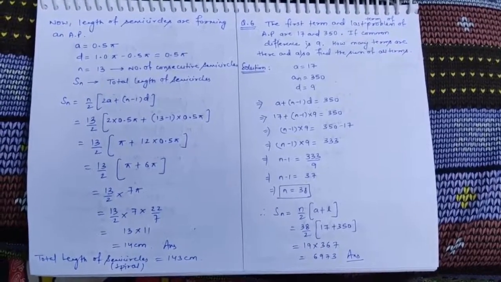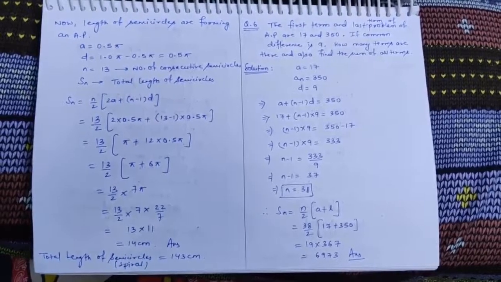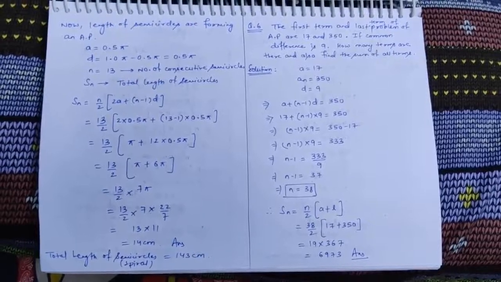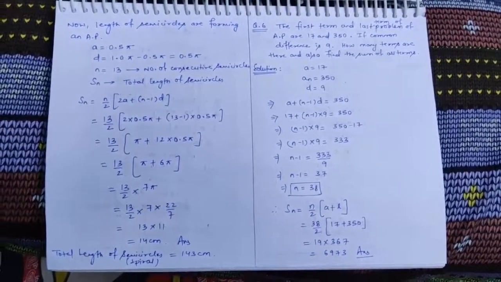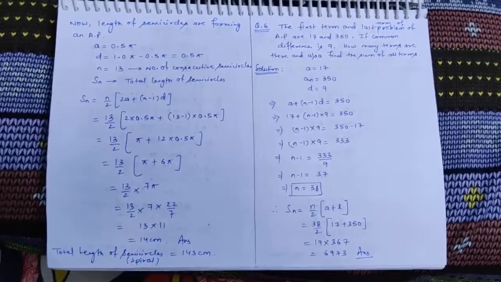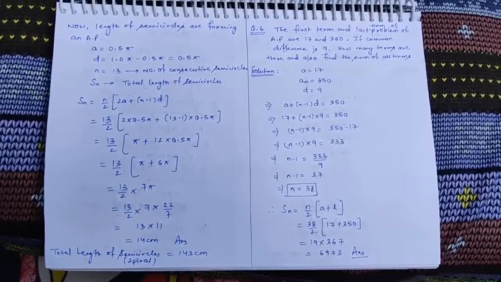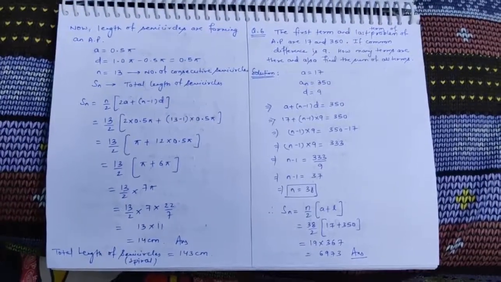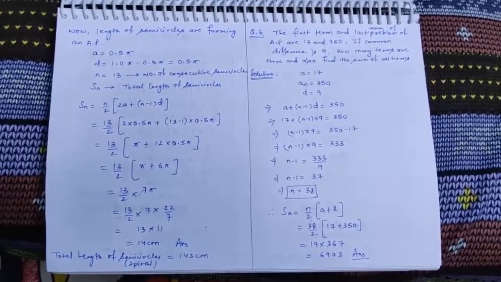d is 9. So applying the concept of an, which is a plus (n minus 1) into d equal to 350. The value of a is 17, the value of d is 9. Substituting all the values and calculating as per the rule of equation, the value of n we got is 38. Now for the sum of n terms, we can apply n by 2 into (a plus l), because the last term is given. Whenever we have the last term given along with n and a, we can apply the formula